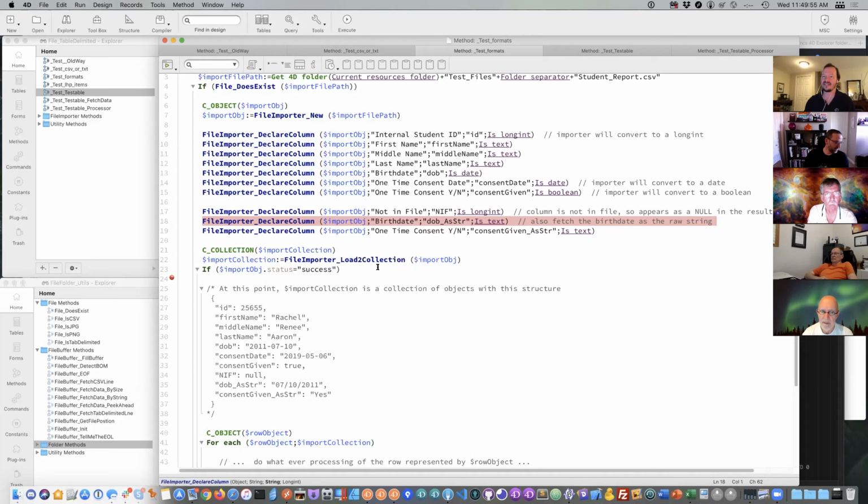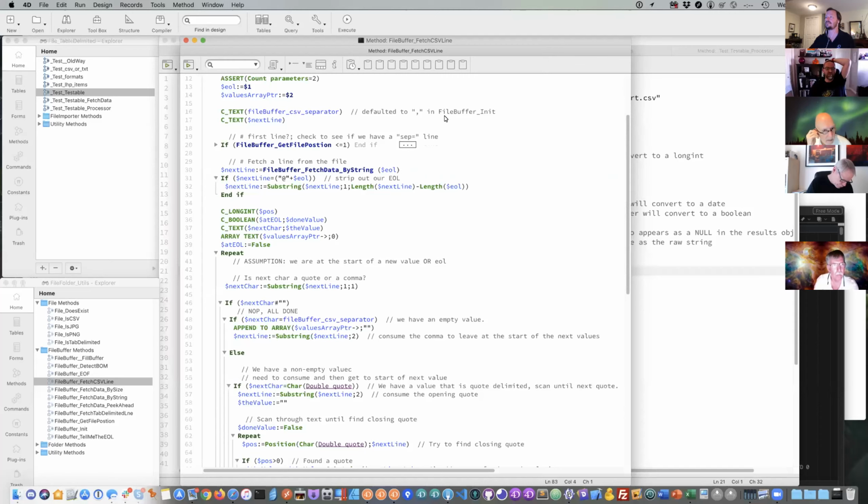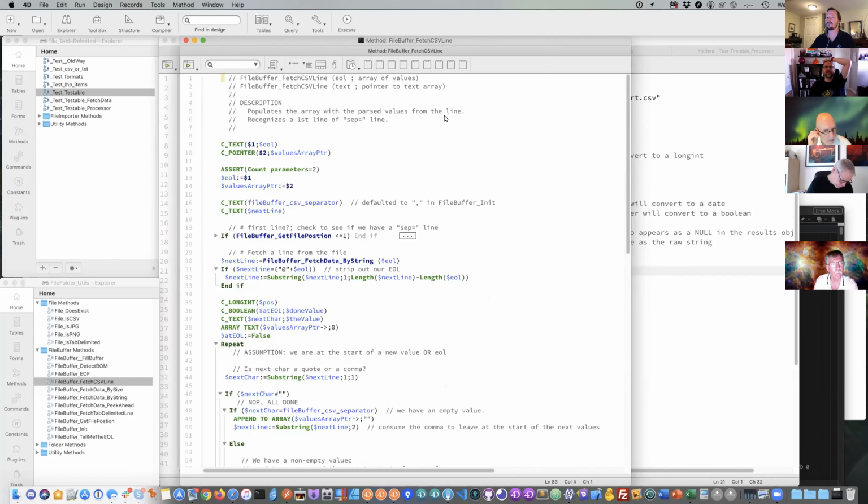As long as it's the 4D version that supports collections and